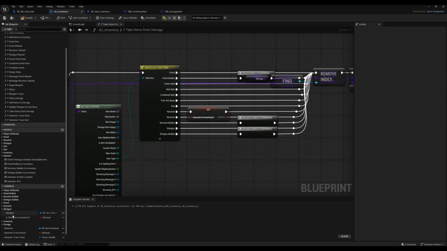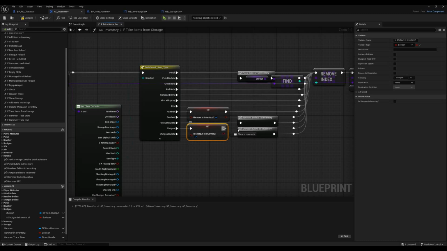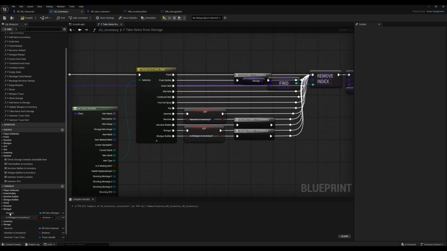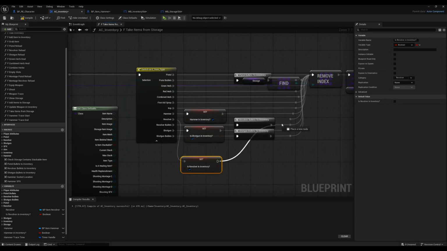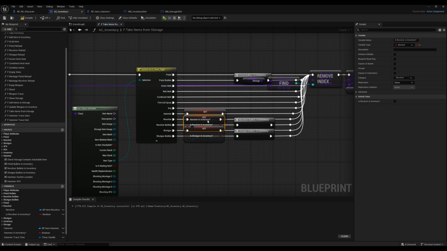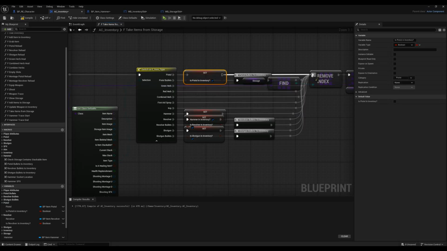And now we get the shotgun in inventory, set this to true, this is only for the shotgun, goes here. And then we get the revolver is in inventory, set this to true, and the revolver is here, this one, reconnected. And the pistol is in inventory, set this also to true. So every time this function fires, okay,